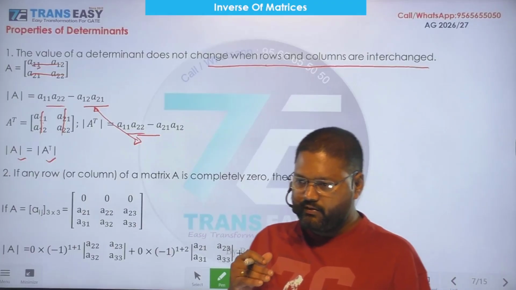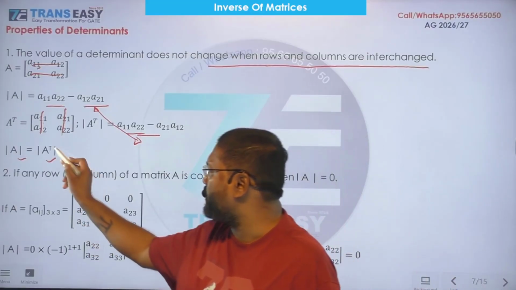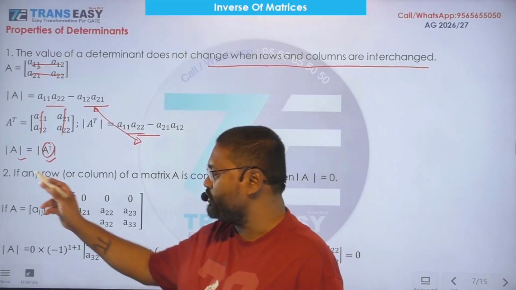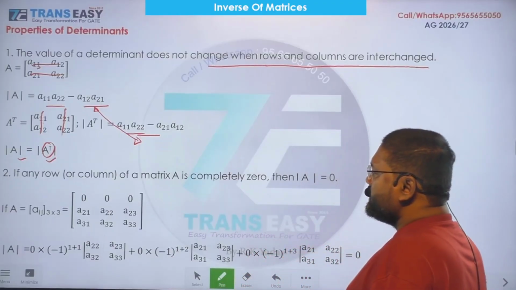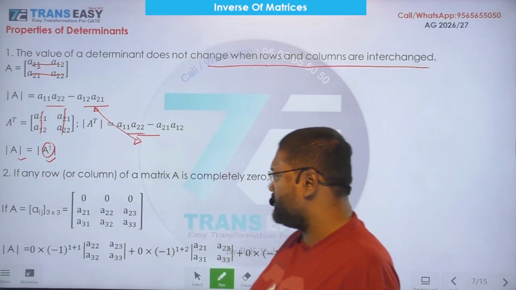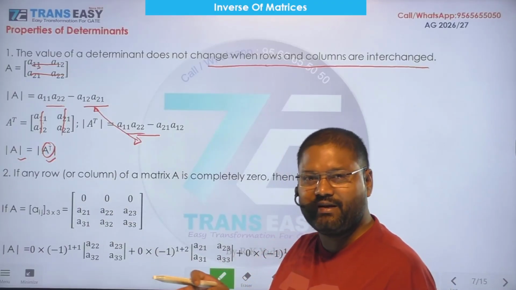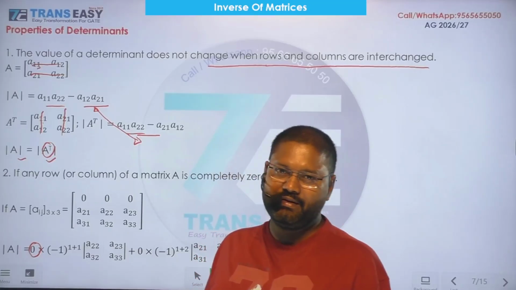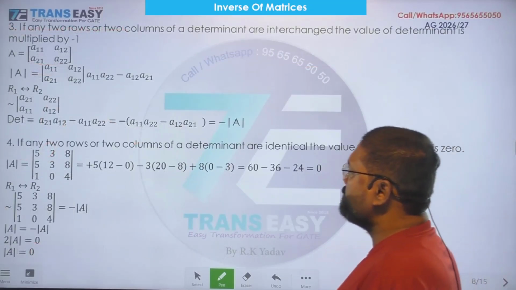Interchanging rows into columns does not change the value of determinant because this is obtained by this operation, interchanging rows into column, and both have same determinant values। If any row or column of matrix A is completely zero, then its determinant value is zero। Take expansion along first row। अगर फर्स्ट रो के सारे एलिमेंट्स जीरो है तो उसी के अलॉन्ग एक्सपेंशन ले लो। तो इन ऑल टर्म्स वी हैव अ जीरो in the place of element 0 so we have zero value।